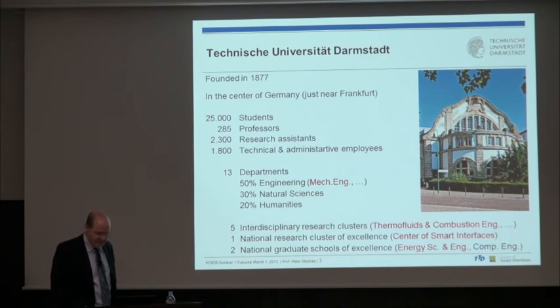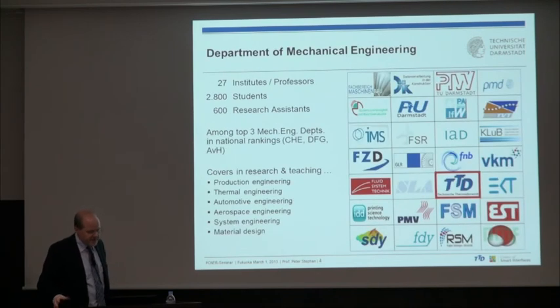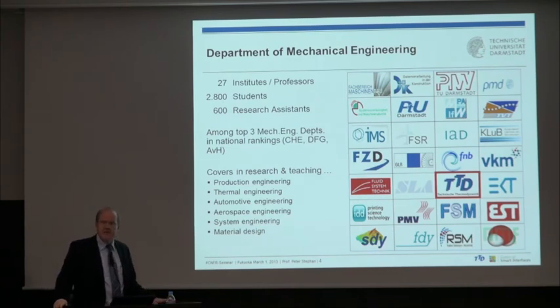Of course, also for research, but this is a little bit different in a research cluster of excellence. So the main aim is research, and then comes education, and in a graduate school, education comes first, followed by research. This is the mechanical engineering department, 27 professors and institutes, about 2,800 students in mechanical engineering, undergraduate and so bachelor and master level, and about